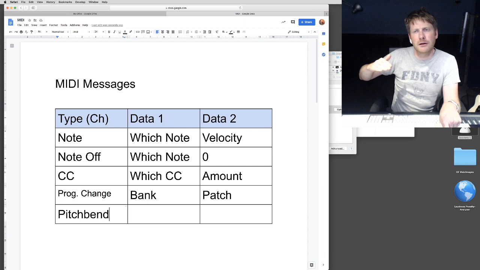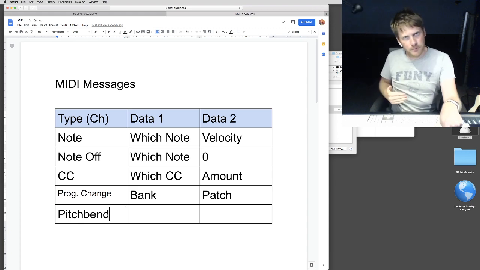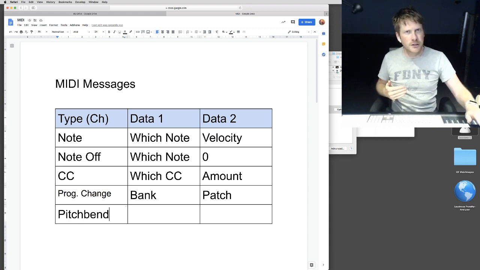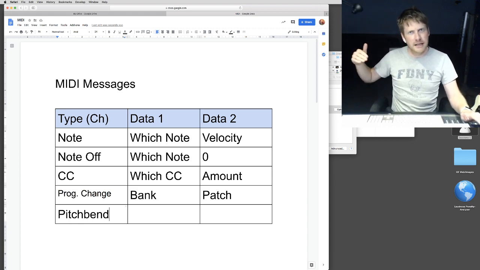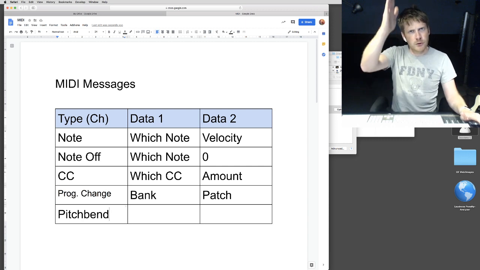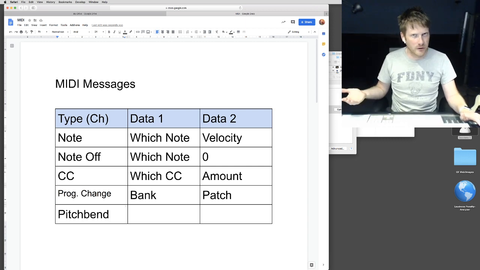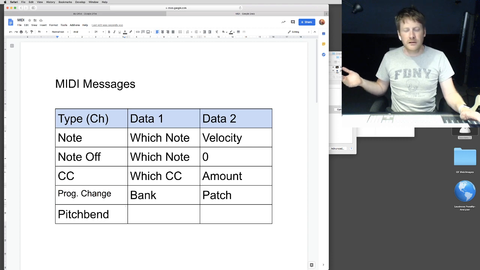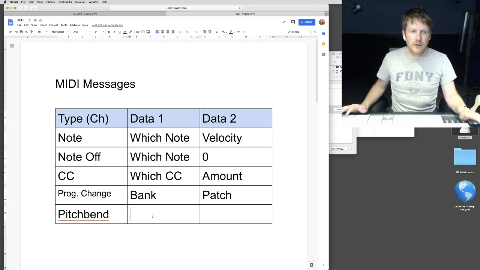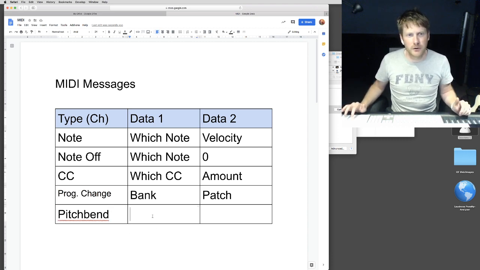You would hear it jump. There's nothing between those numbers. So you would hear do-do-do-do-do as you push the bend up. You wouldn't hear the smooth sweep that you actually want with a pitch bend. So they needed to come up with a way of providing far, far more numbers than